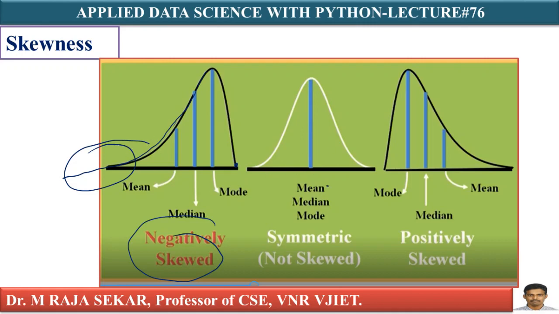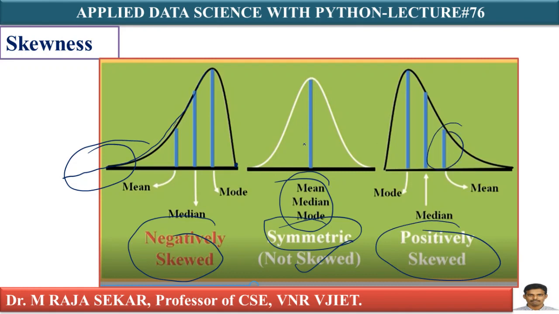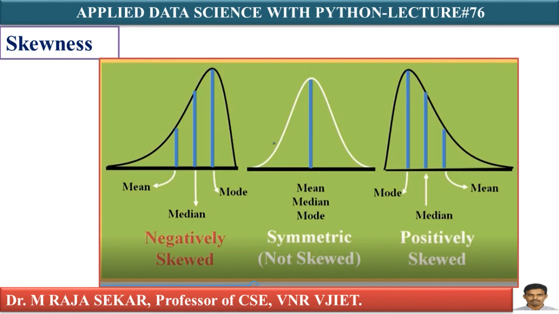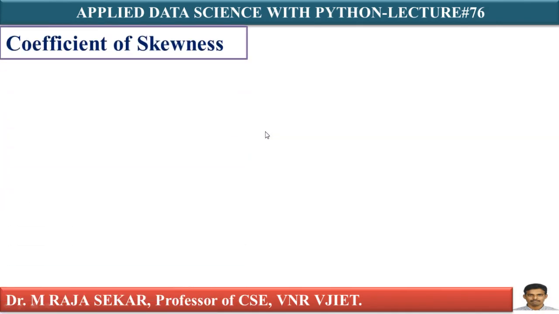This one is also, as I told you, mean, median, mode coinciding. They are the same in the case of not skewed data. Not skewed means it is symmetric data. Whereas in the case of positively skewed, your mean is on the right hand side, and in negatively skewed, your mean is on the left hand side. We already discussed the relation among these three central tendencies. Just for summarization, we are keeping all three types of distributions in one slide, nothing more than that. Anyway, let me proceed further.